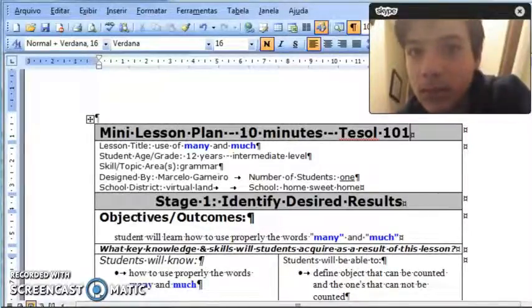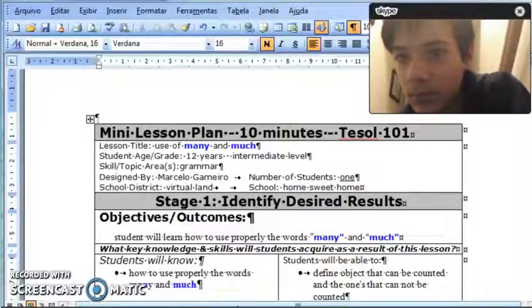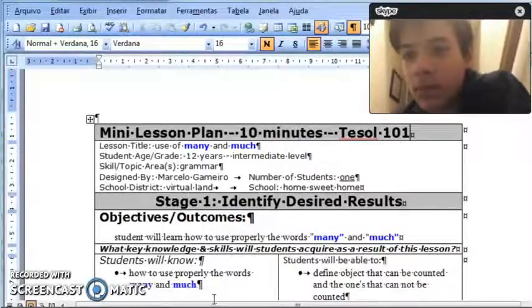This is going to be a one-student class, and I'm going to be using this mini lesson plan where the theme of the class would be using the words many and much. So the objective outcome would be that the student will learn how to properly use the words many and much, and he will be able to define objects that can be counted and the ones that cannot be counted, in a way to use properly the words